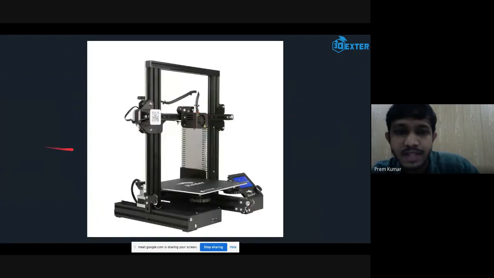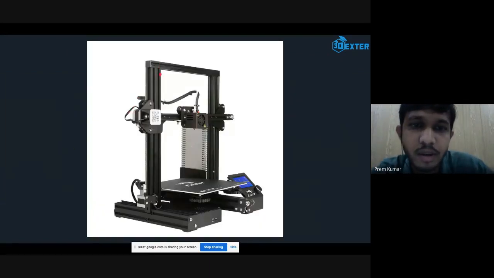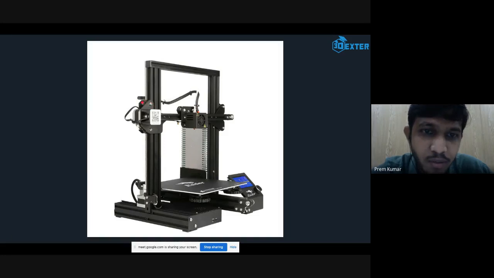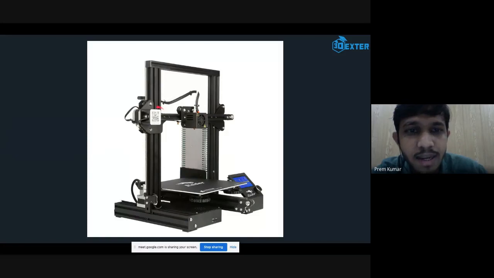So this is an example of a V-slotted rail mechanism. If you look at this mechanism, the bottom frame is completely made of the same extrusions that they are using. And here, if you look at this plate, we have one wheel over here, another wheel over here, and another wheel on this side, like in a triangle shape. And the second end also has the same kind of arrangement. There is one wheel over here, another wheel over here, and there is another wheel here. So they are arranged in a triangle shape.